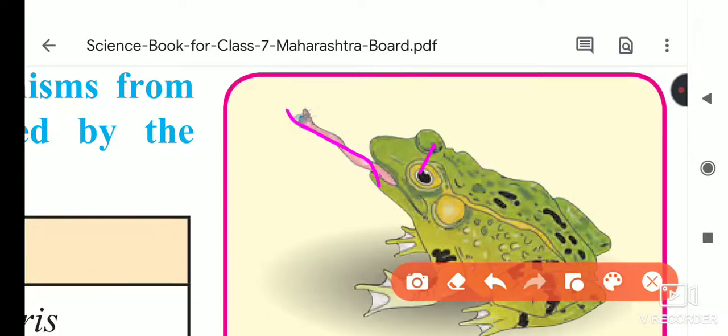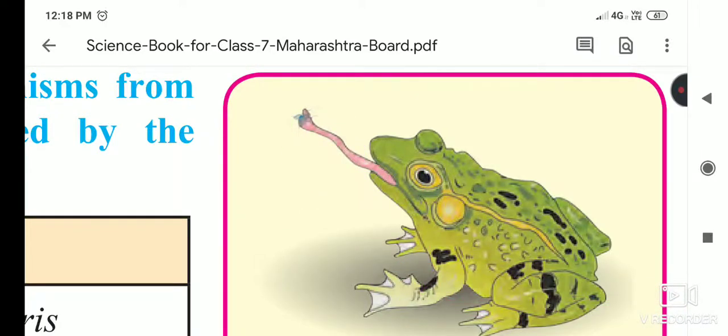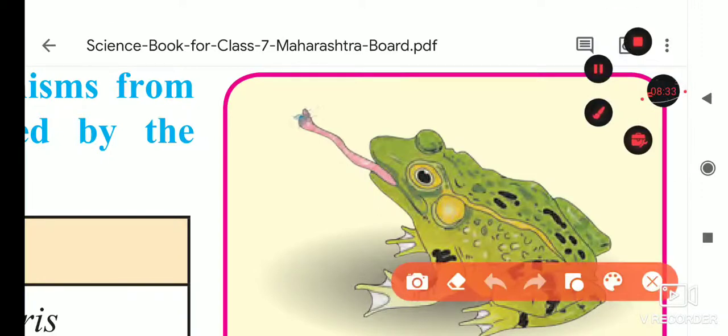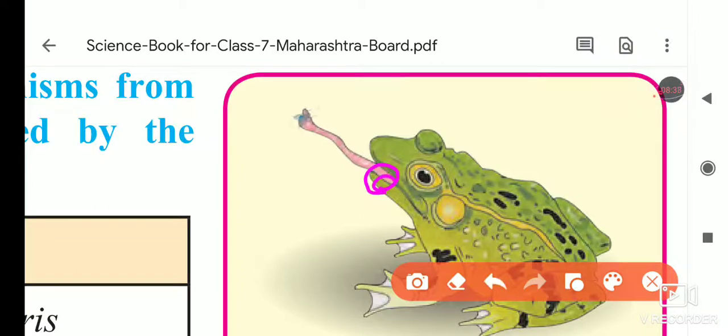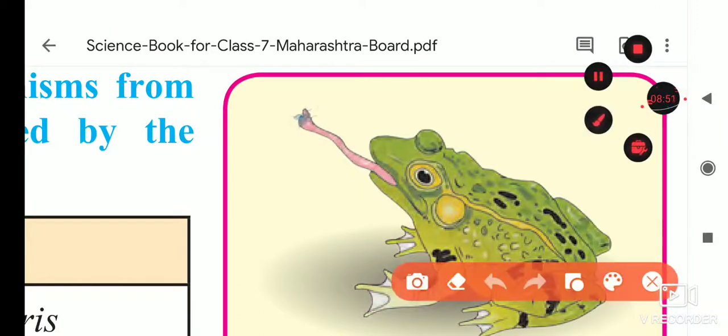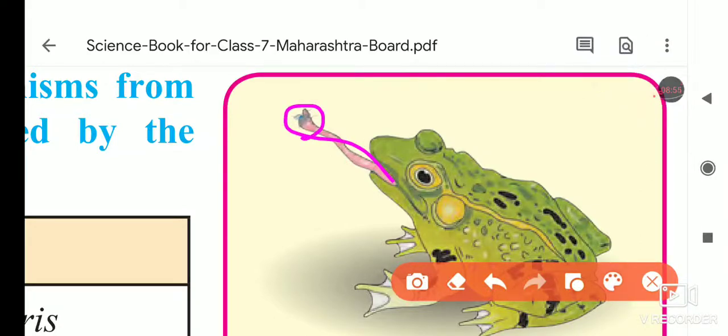It is rolled and folded inside in this way. I will show you. It is folded in this way, and it is situated in the mouth. When any prey comes in front of it, the frog relaxes it, throws its tongue out, and captures the prey which is coming. That is the adaptation in the frog, for living purposes. The changes take place in it.